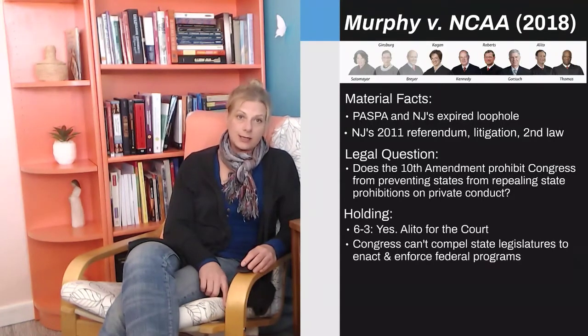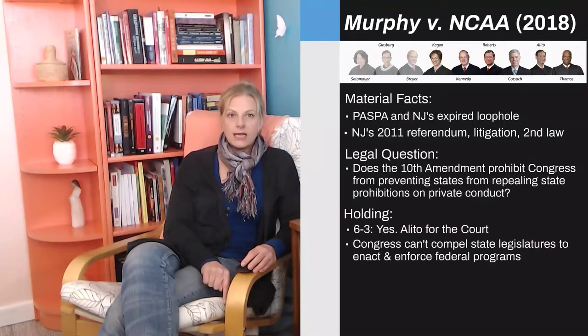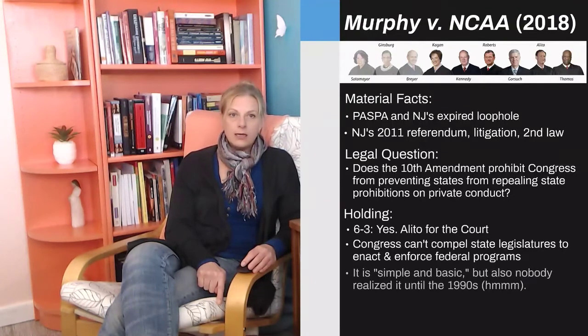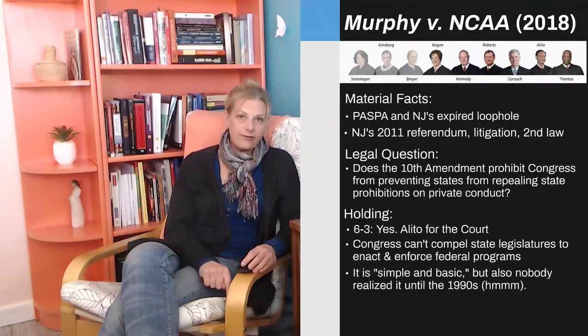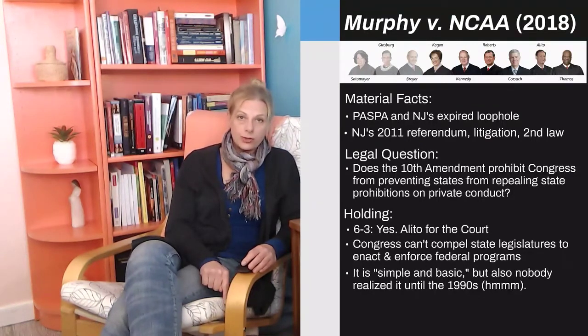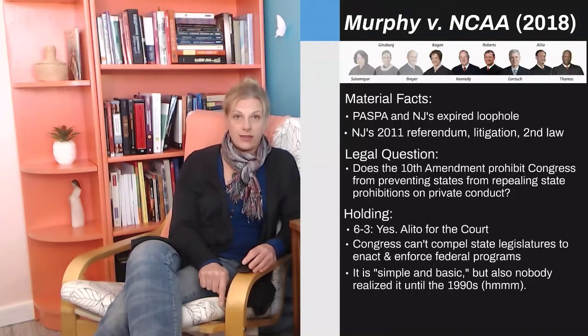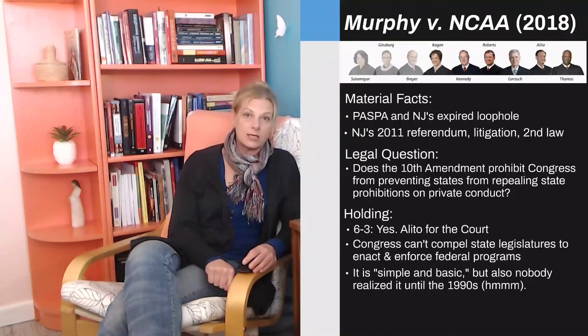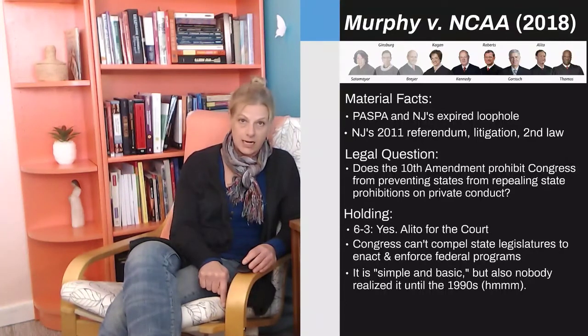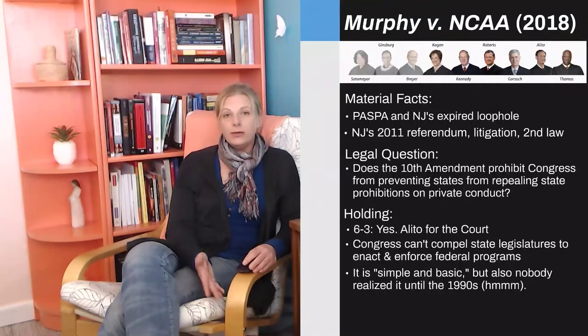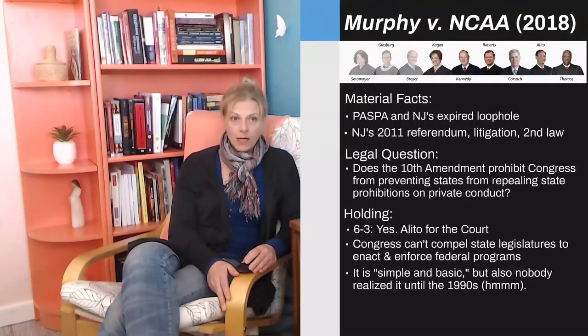And Alito's rationale goes like this: Congress cannot compel state legislatures to enact and enforce federal programs. And this also means that the federal government can't keep. I guess the idea is that if New Jersey enacted this new law, it would essentially go against the law that the federal government was trying to get New Jersey to maintain. And so there's a really interesting discussion in this opinion about the history of the anti-commandeering doctrine